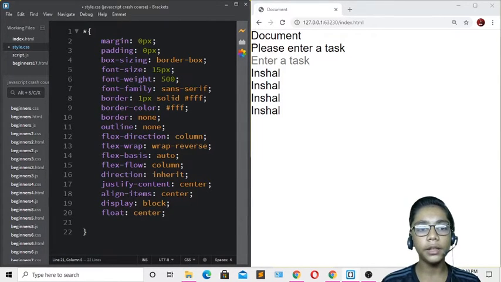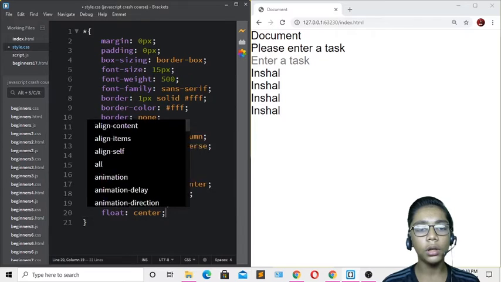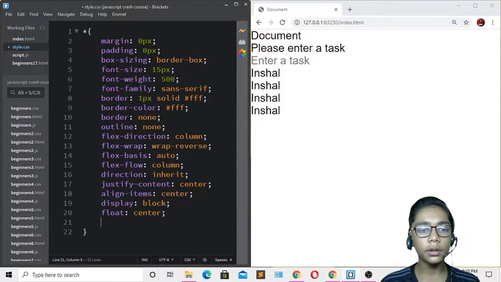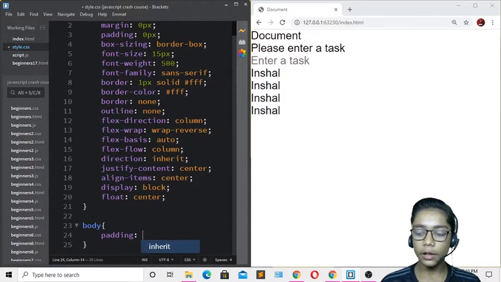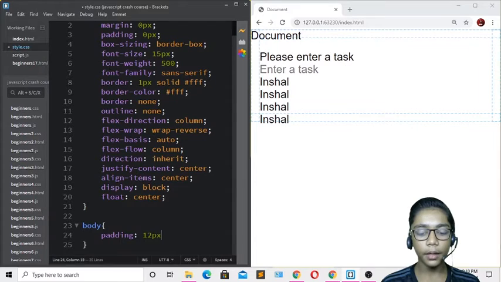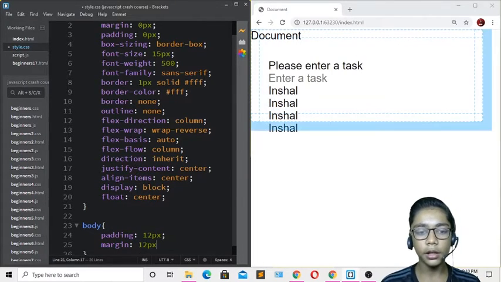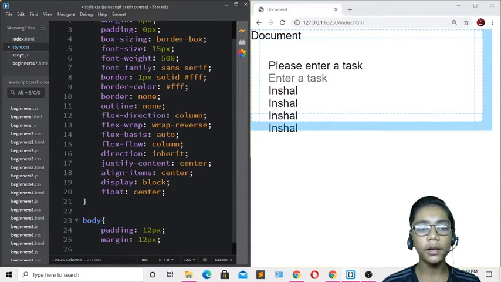So over here we have defined all these things. So now when you've done that, you have to come over here again, and now I will be writing another thing like padding. We have defined these all, so I'll just press backspace. I'll be writing body tag, then right over here the padding, which should be 12 pixel. Then right over here margin, which should also be 12 pixels, so I'll be writing margin 12 pixel.